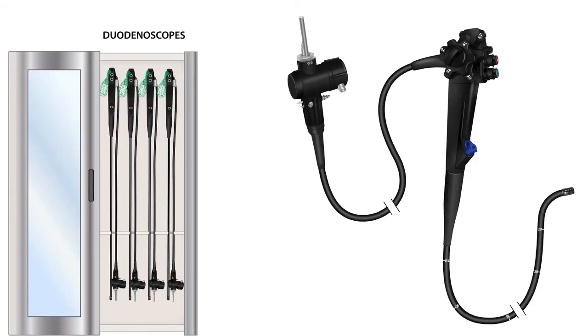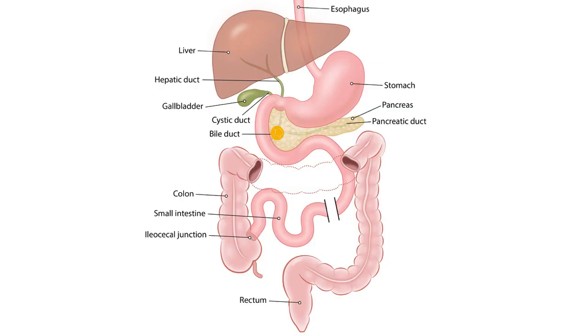Now, coming to the duodenoscope, otherwise called the ERCP scope or side viewing scope. So, again you pass it down the mouth, pharynx, esophagus, stomach, duodenal bulb and second portion of the duodenum. When you come there, because it is side viewing, the opening of the bile duct and the pancreatic duct can be seen, or the ampulla can be seen, and then you pass a catheter into either the pancreatic duct or